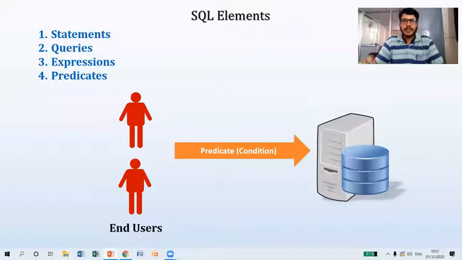These we call predicates. Assume that I want to see the student details whose percentage is greater than or equal to 70. Percentage greater than or equal to 70 is a predicate, a condition. I am forwarding this condition to RDBMS. Sometimes it happens like that, and that is what we call predicates. We can apply conditions on the data, based on which it has to execute or generate the response. That is what we call a predicate.